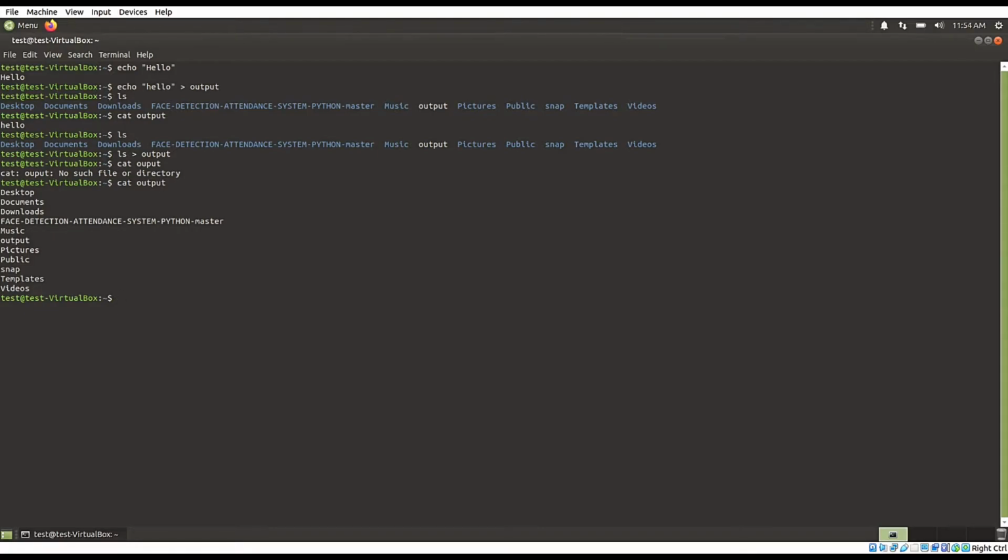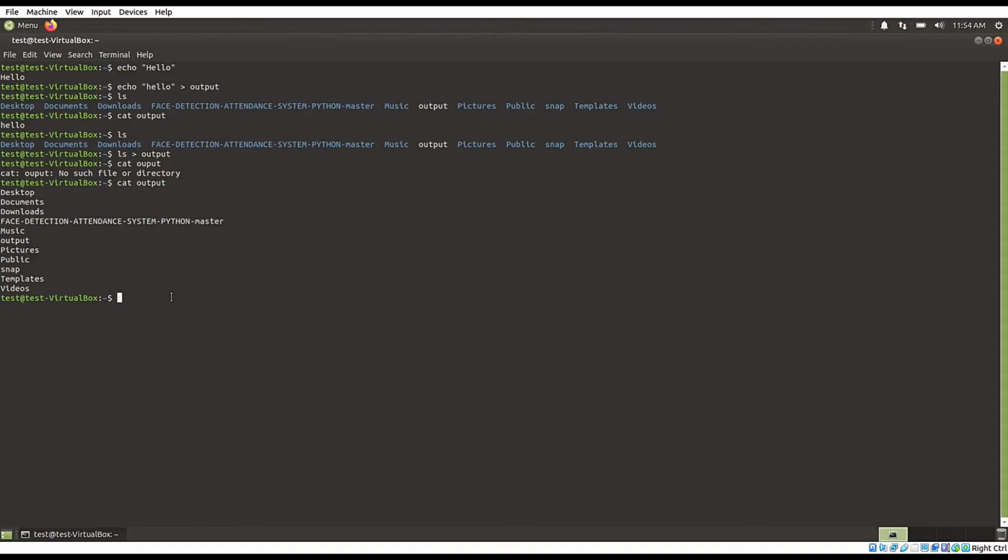What if I don't want to replace the content with the next command and just want to add to it? You have seen that the hello has been removed from this file when we used the redirect command, but what if you want to add the next output in this file and keep the previous output? We will use the redirection symbol 2 times, and that will not overwrite the contents but append it.